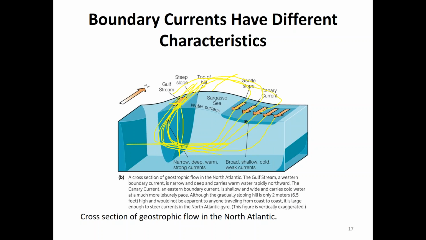And so you have this more broad, shallow, and slower return flow on the other side, where the water is cooled down because it's at higher latitude. And so we have this eastern boundary current on this side. Now, is this movement